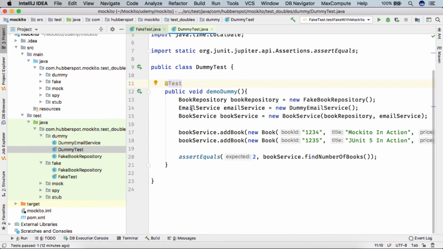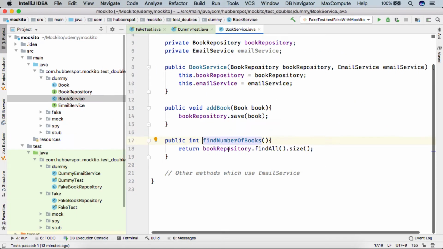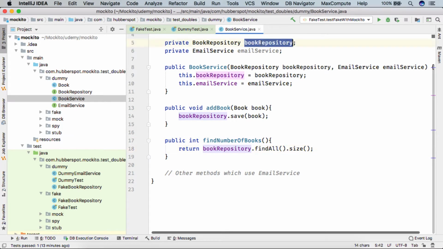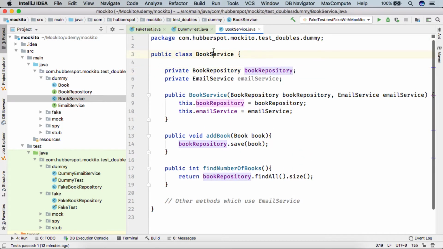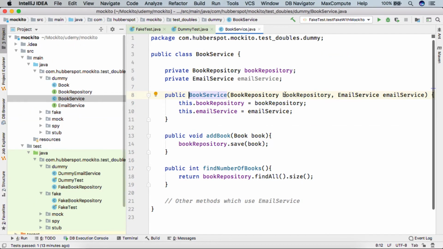So friends, when we created the dummy test double manually, we saw that when we tested the find number of books method on the book service class, it only used the book repository, but our book service had these two dependencies. So we created the email service as a dummy email service, which was nothing but a dummy object, because in order to use book service, in this constructor we had to pass the book repository as well as the email service.